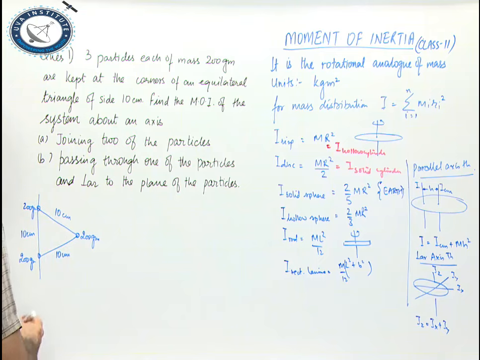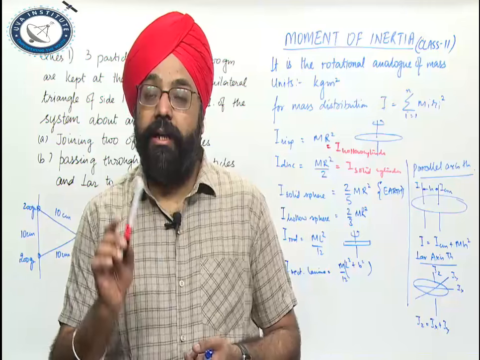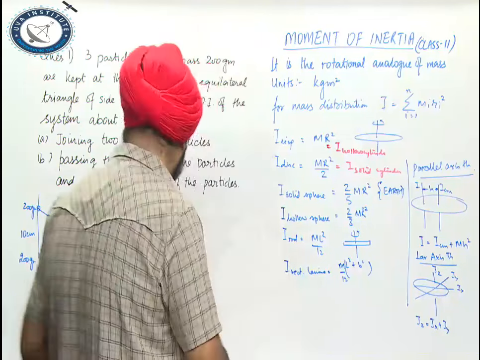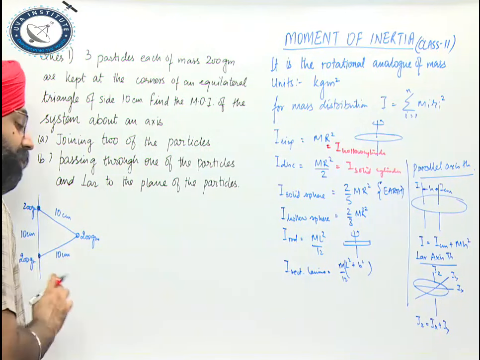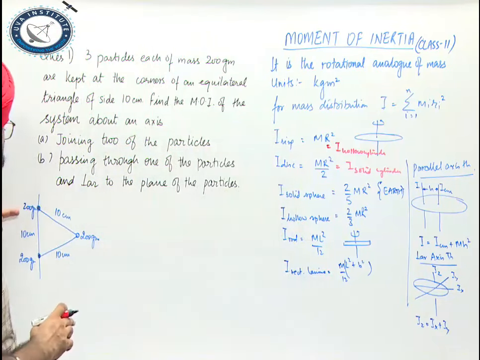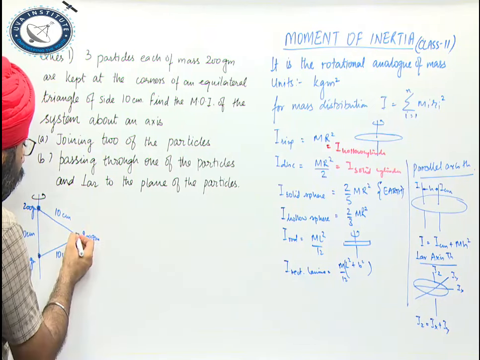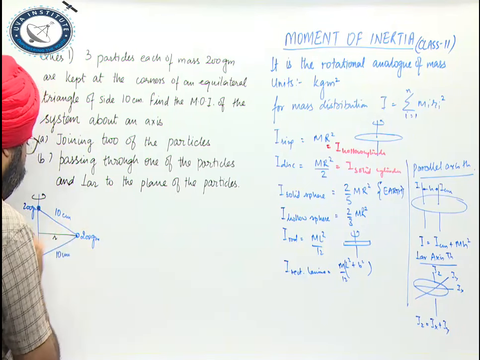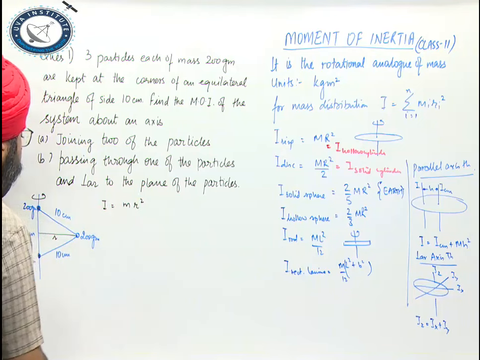In this case, moment of inertia is m r square for a particle, where r is the perpendicular distance of the particle from the axis of rotation. So in this case, my moment of inertia is 0 for these 2 bodies, because the perpendicular distances of these 2 masses of 200 gram from my axis of rotation is 0. So I am left with only this mass whose perpendicular distance is, let us say, r. So again, moment of inertia is m r square.